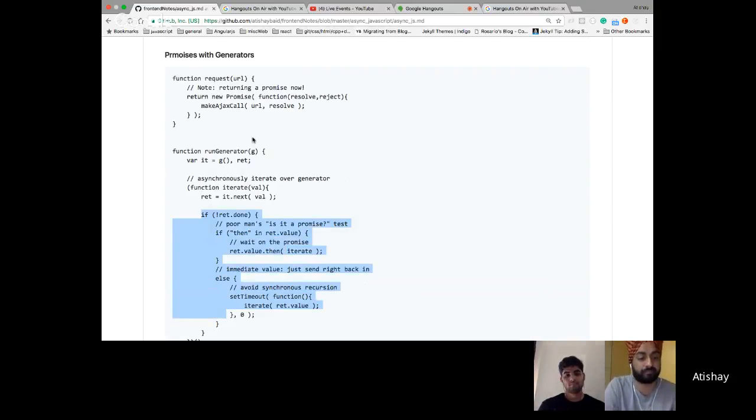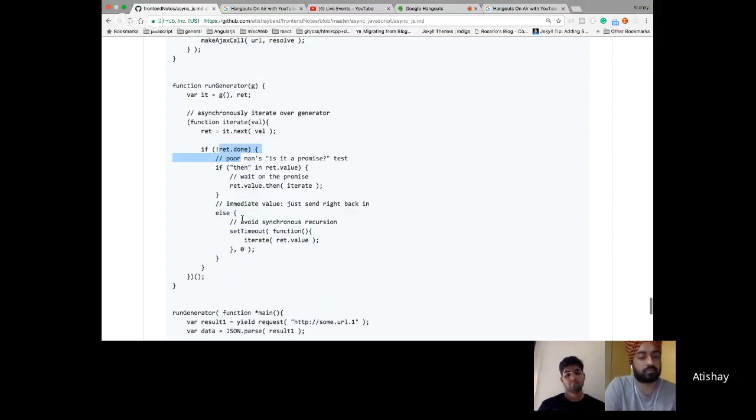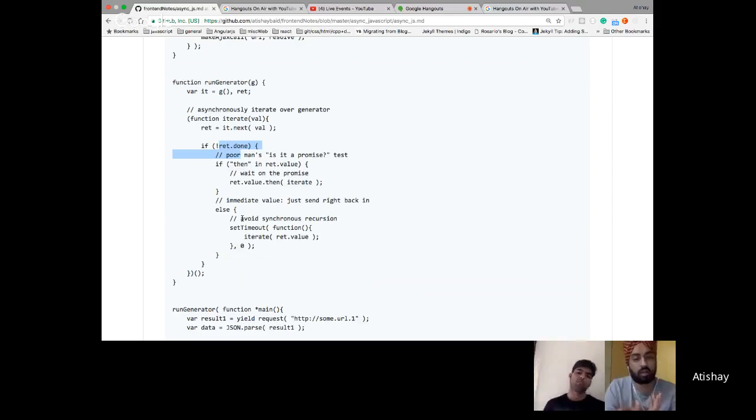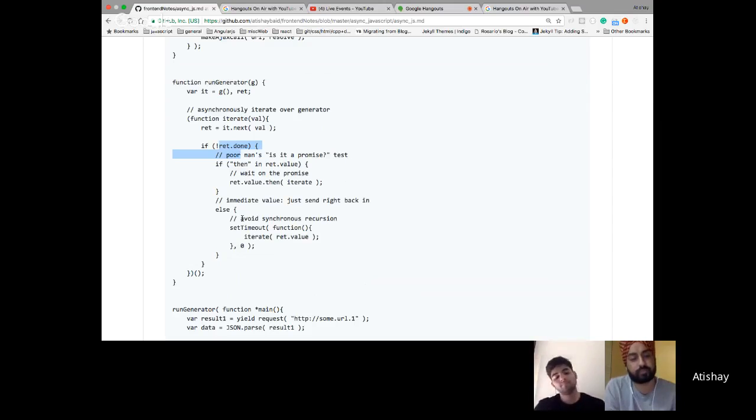When all promises will be resolved, this done will be false and this code will stop the execution. I know it is quite complicated. I mean, as compared to promise.all, you're doing the same thing by using the generator function. So we are combining promises and generator